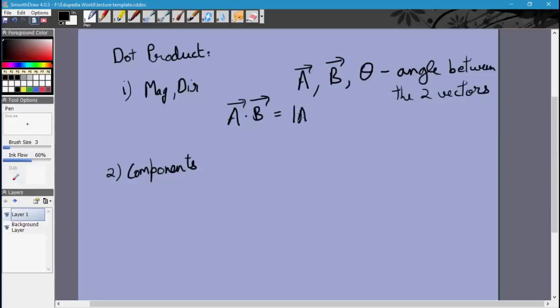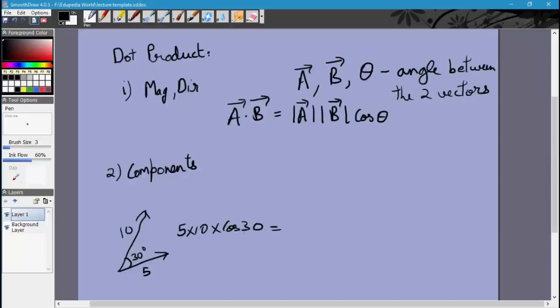is simply defined as mod A into mod B into cos theta. Now A dot B, like I said, is a scalar. So this is the magnitude of A dot B. We don't need to worry about the direction because there is none. So let's say you have one vector of magnitude 5 units, another vector of magnitude 10 units, and the angle between them is 30 degrees. Then what will be the dot product of these two vectors? 5 into 10 into cos 30, which is equal to 50 cos 30 or 25 root